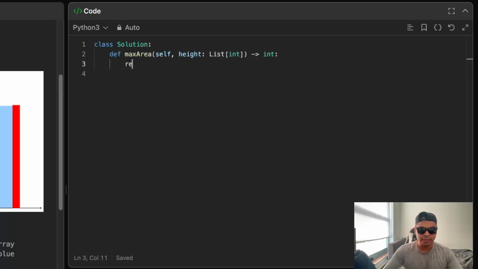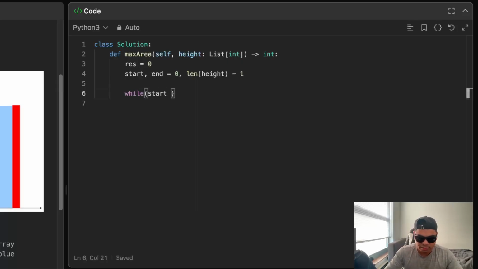Okay, so as I said, we're gonna have a result. Then we're gonna have i and j. Or you know what would be better? Let's call them start and end. Start at 0 and end is starting at basically the end of this array. So len of height, but we want to point to the real index. Because index starts at 0, let's decrease it by 1 so that we avoid running out of the index. And